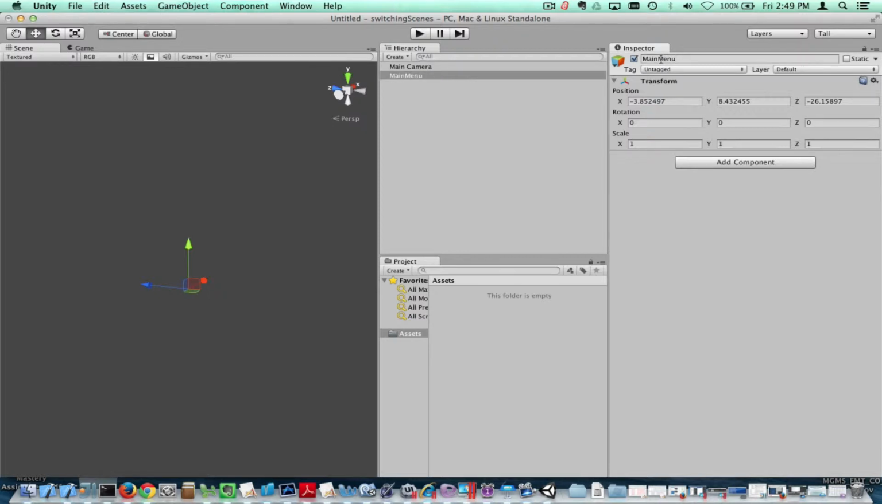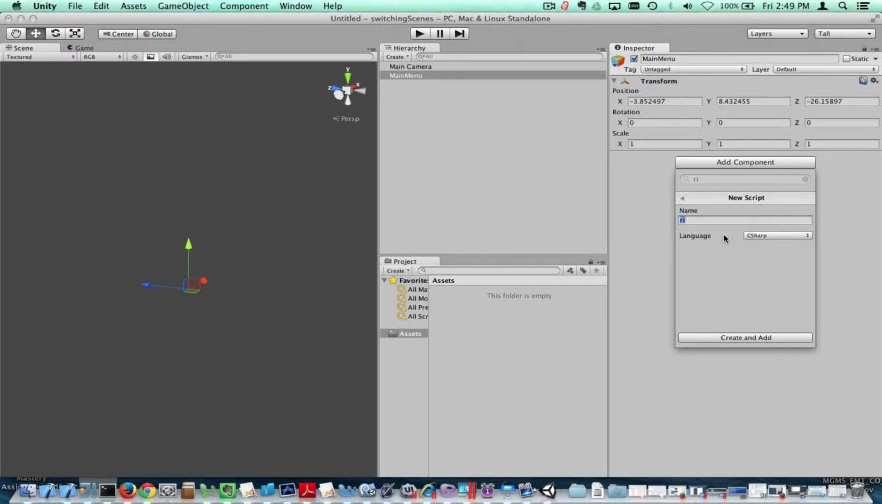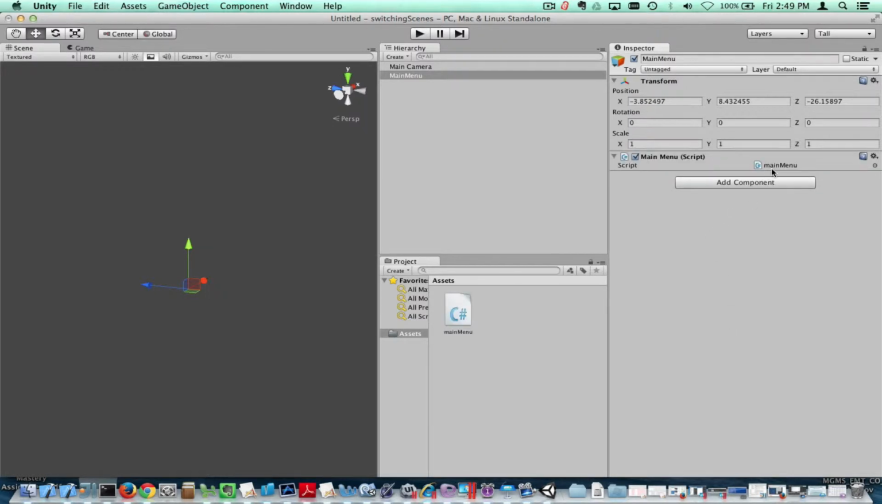So I've created a new game object which I'm going to call main menu, and I'm just using that to hold a script. I'm clicking on add component, add a new script, and I'm calling it main menu, and I'm going to do it in C#. If I double click on that script, it's going to open it in MonoDevelop,